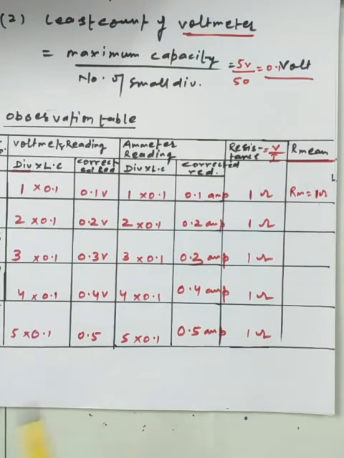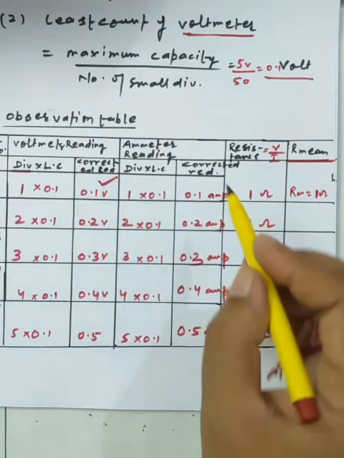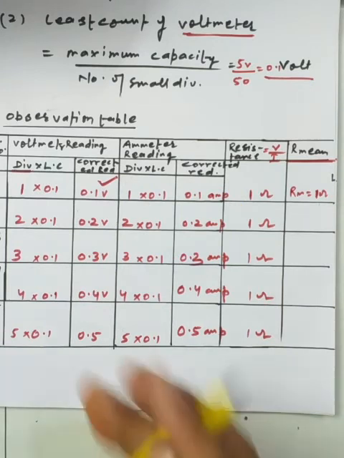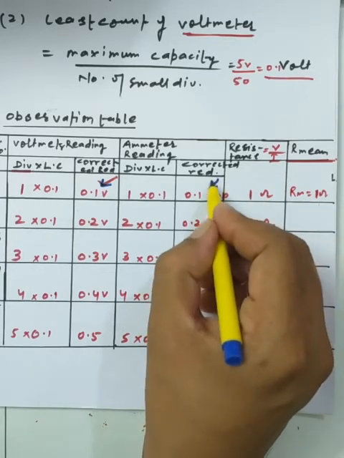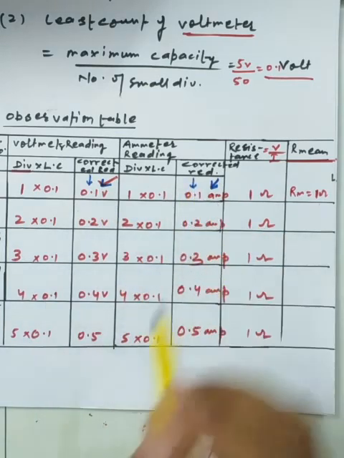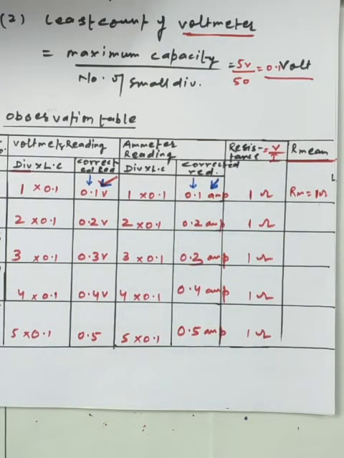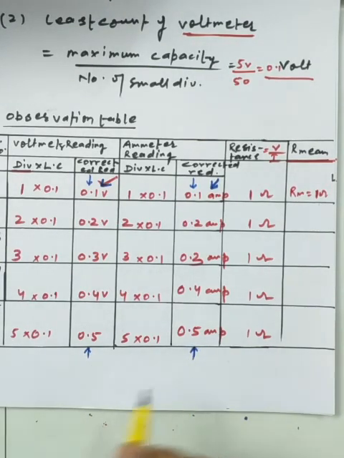And if you get the opportunity to plot the graph between V and I, we will take the original value, that is the corrected reading, which I have made here. I am just putting the symbolic notation. You must choose the correct reading of both the ammeter and the voltmeter. We will use this corrected reading portion, marked with the special arrows, to make the ratio of the resistance, and on behalf of these values we will draw the graph.